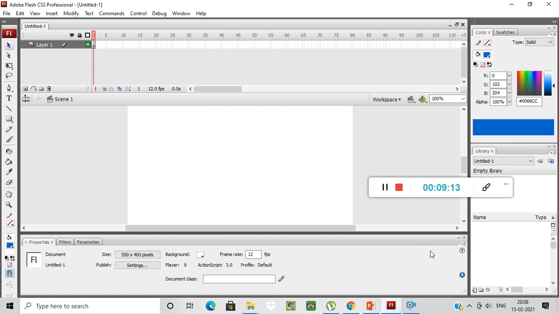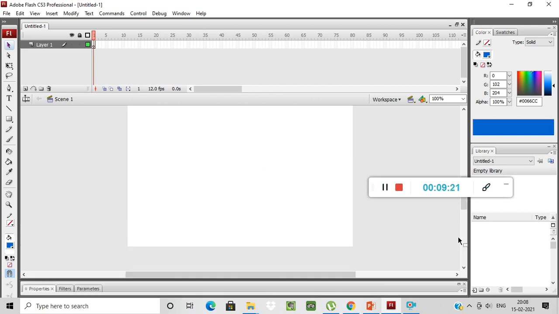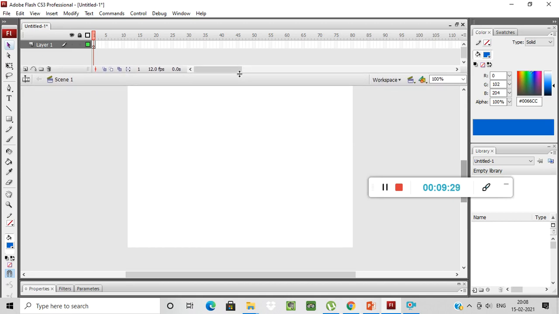The minimize and maximize option is available over here. Now students, see, my page is blank. I am minimizing this property inspector, so you will be able to see my full page over here.